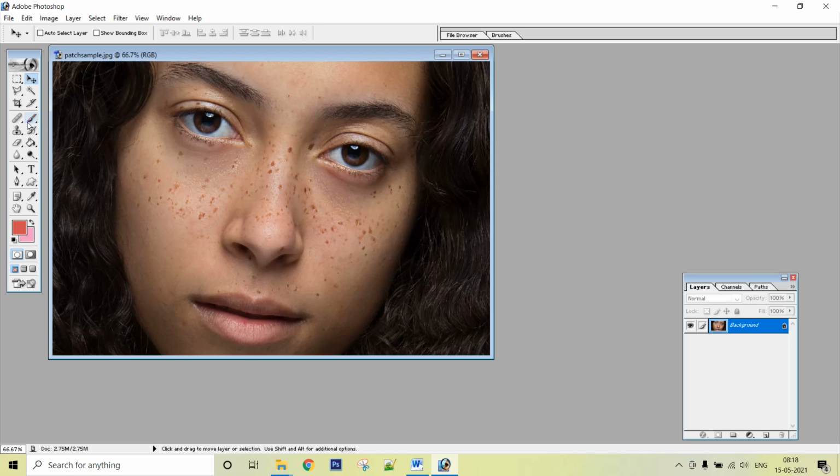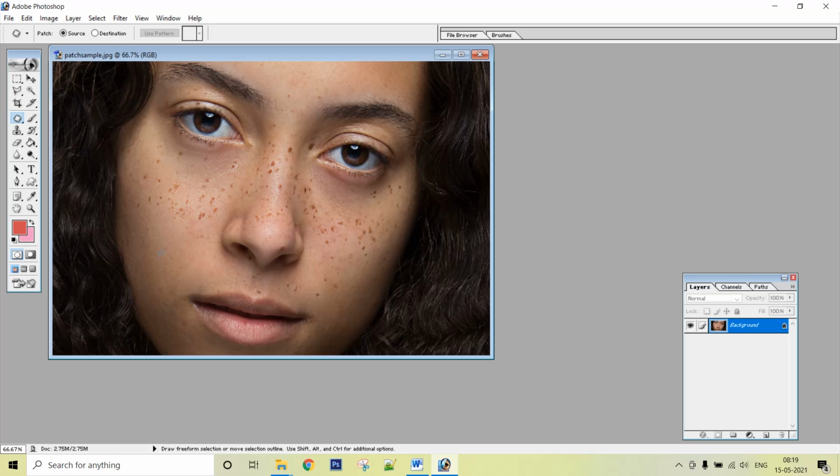So where is the patch tool? It is available under the healing tool, and here is the patch tool. Whenever we have to do any modification, first of all we have to select the patch tool. Now drag in the image to make a selection. The area can be used either as a source for repairing the other portion of the image, or as an area which requires repair.